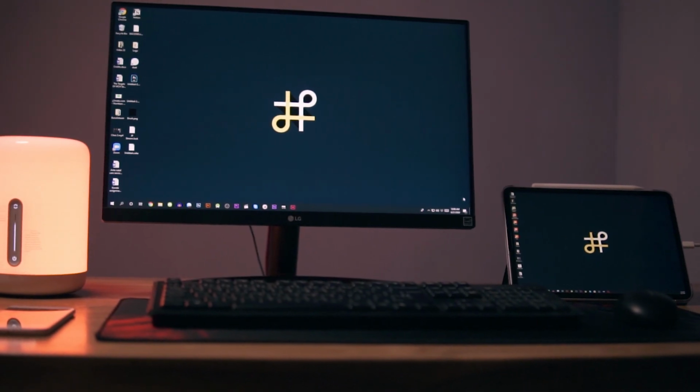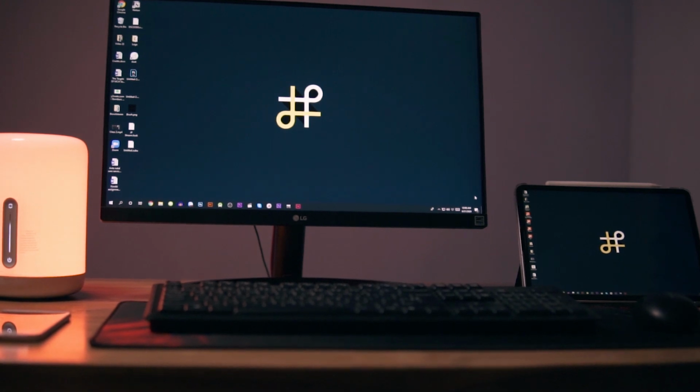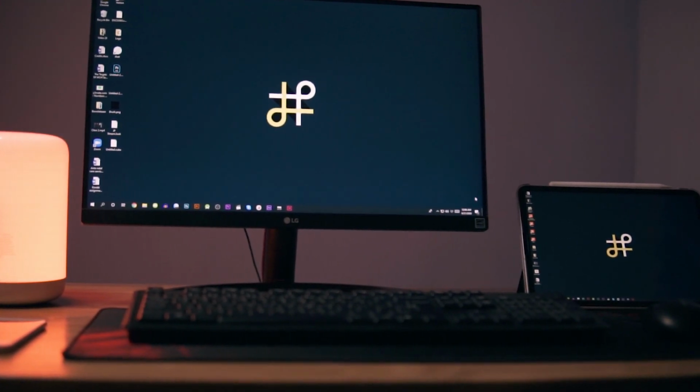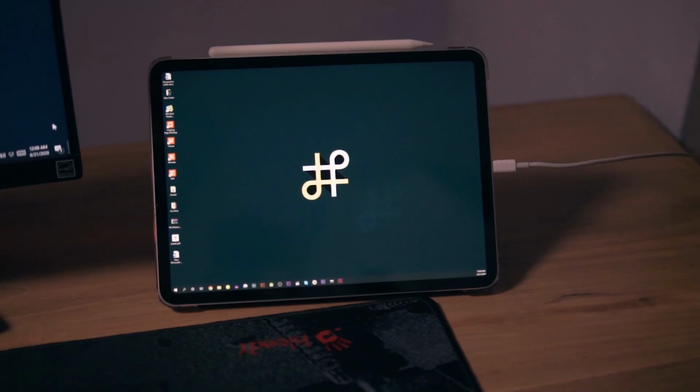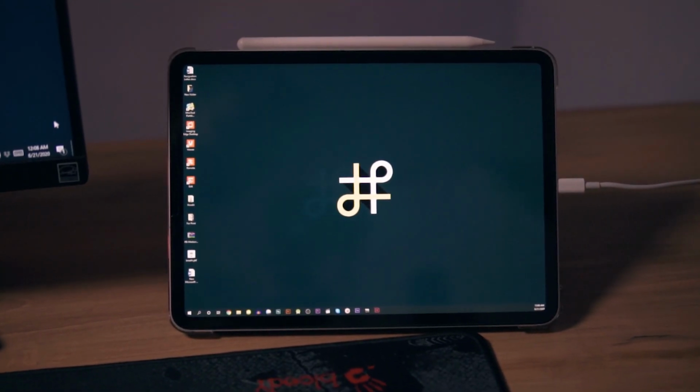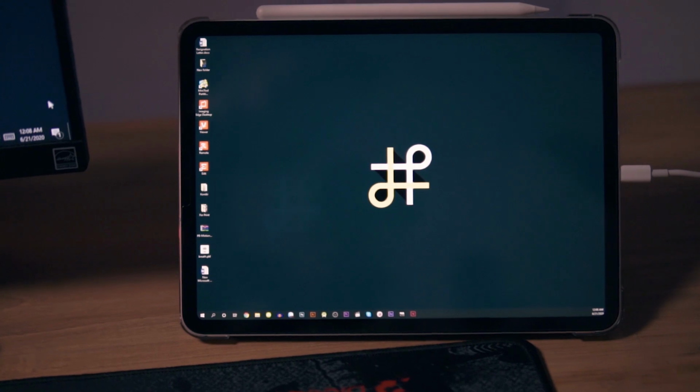Sometimes you just need an extra monitor to do your multitasking, like your video editing or photo editing. Buying a new monitor can be very costly, and maybe you don't want to buy a new one. So what you can do, if you have an iPad lying around in your house, is use your iPad as an external monitor for your computer, Mac or PC, whatever you are using. Well, today I'm going to show you how to use your iPad as an external monitor for your PC or